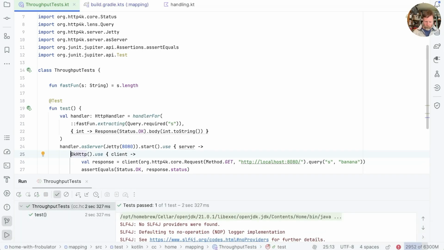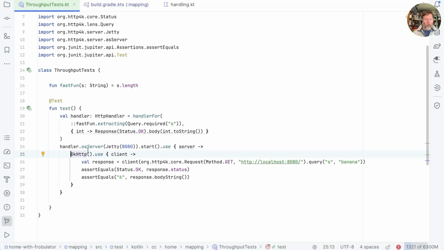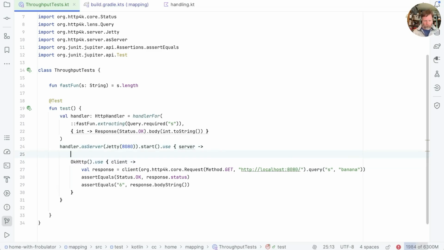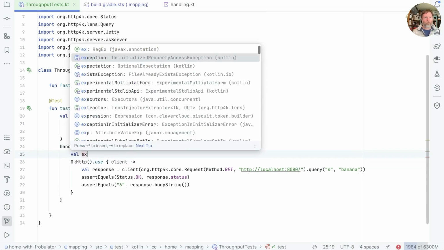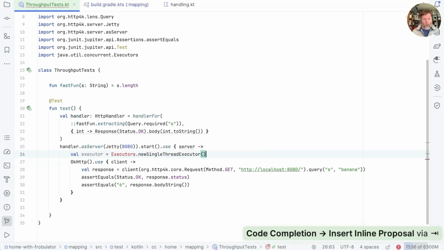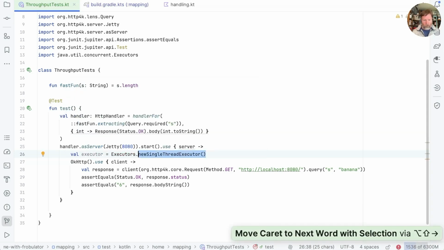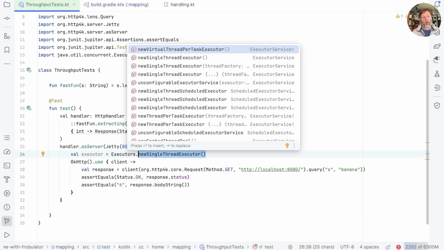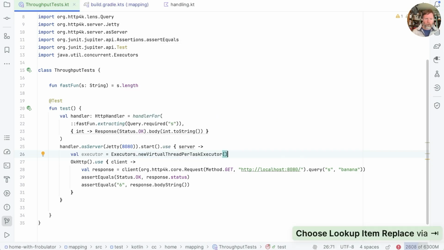Okay, so that was a single request. How can we make OkHttp make multiple requests at the same time? Well, one way is to set up an executor. So we can say executor, and you see we can give it Executors.newSingleThreadExecutor. I don't think I want that, but I will take Executors dot, and here's the magic. We're going to use newVirtualThreadPerTaskExecutor, because this is Java 21 and we can use Loom